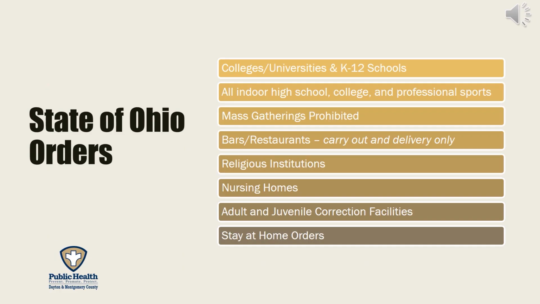So I've talked a little bit about what's been done federally and across the United States. Here at the state level, as many of you have seen, Governor DeWine and Ohio Department of Health Director Amy Acton have issued a number of orders that are really supporting that flattening of the curve here in Ohio. Social distancing is a theme through all of this,